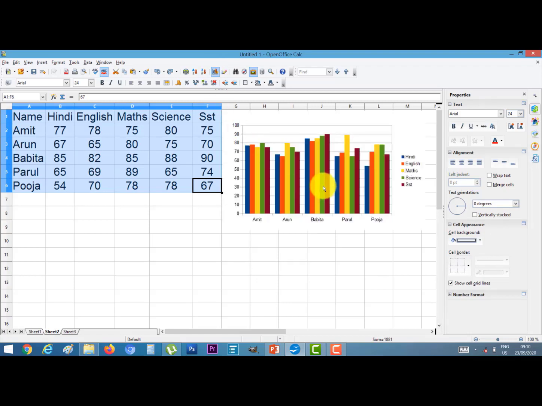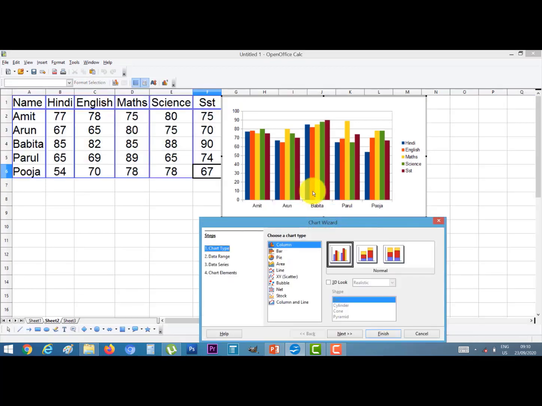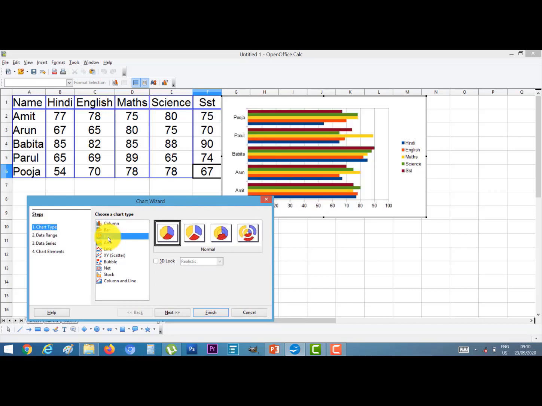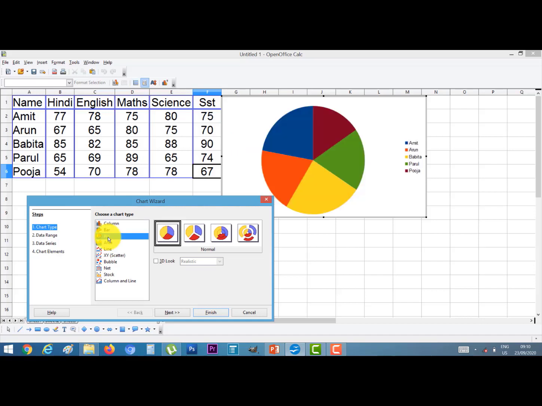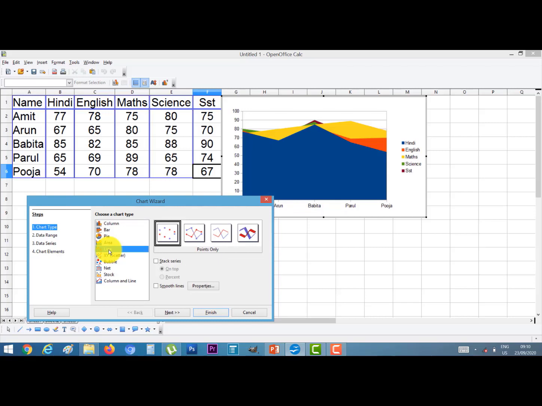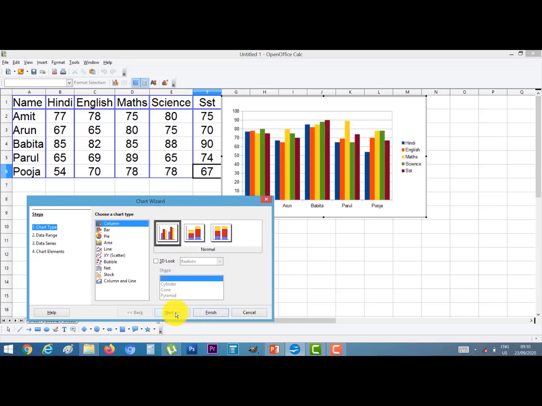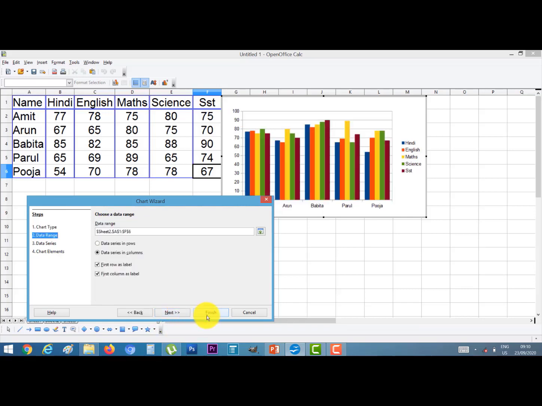This is our chart. There are different types of charts like column chart, bar chart. You can make any one. Area chart, line chart. Suppose I click on column, next, and finish.